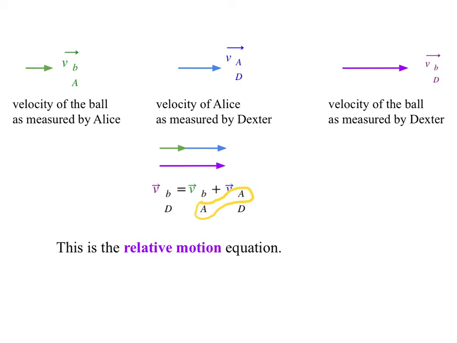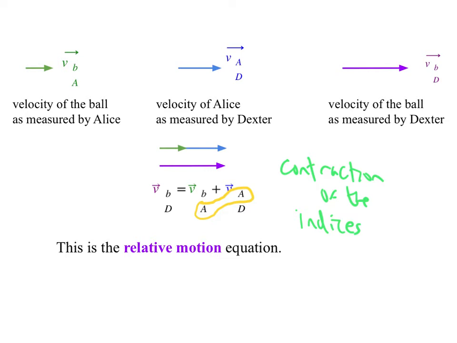Or if you want to put it differently, if I want the ball with respect to Dexter, but I want to introduce Alice for some reason, like I have something measured by her, I can sandwich her in here by putting her on each thing. This gets the kind of technical and weird phrase, contraction of the indices. That's a fancy term that we use for this, where in essence we combine them, right? We move to Dexter's reference frame by combining these two indices.